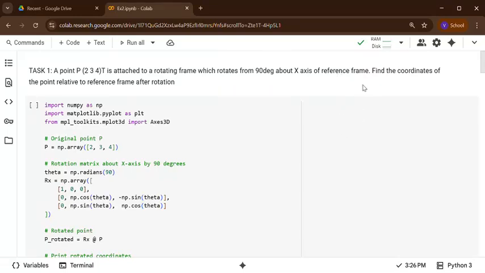Hi everyone, we are meeting again for the other exercise, which is exercise number 2. This exercise is about where is your robot? Suppose a manipulator has undergone various transformations. At each transformation, or at the end of the transformations, where is your robot? Where is your robot means how far it has moved in the x direction, y direction, and z direction, and how far it is rotated in X, Y, Z with respect to the base frame. So this is the logic behind this.